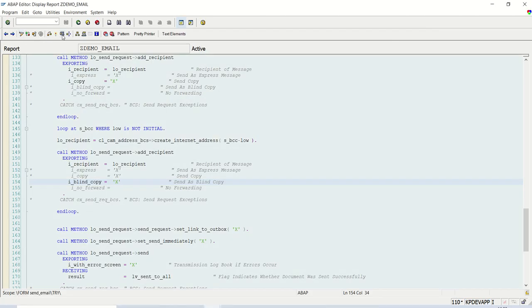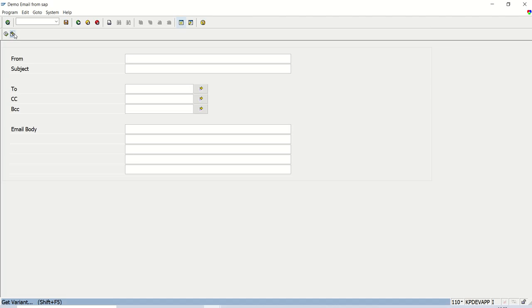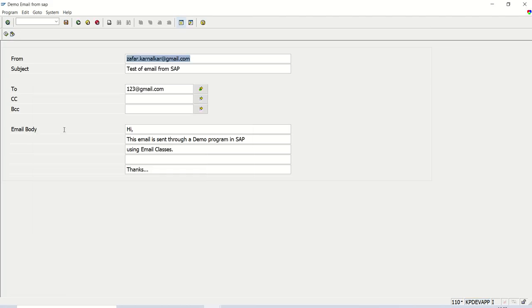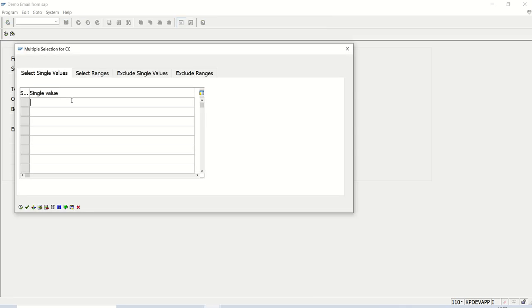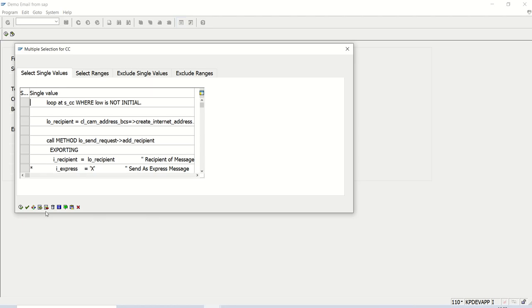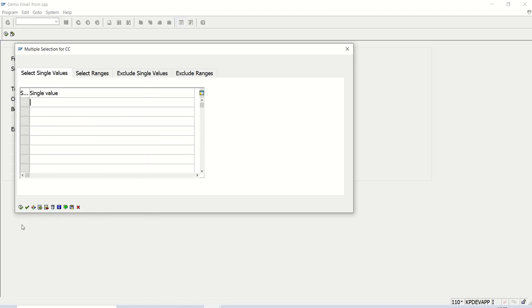So let's do a testing. Execute, select the variant. Now for TO I have already entered values here, so I will just add any number here. Sorry, let me delete this. So here I will type one, let's say